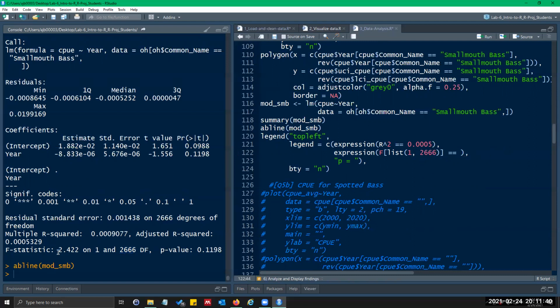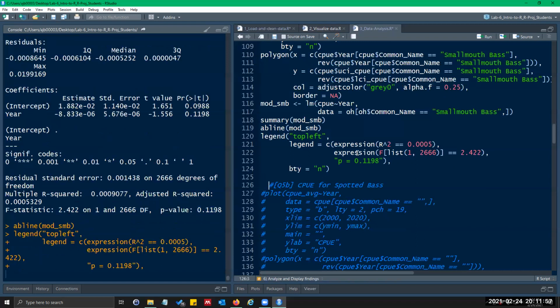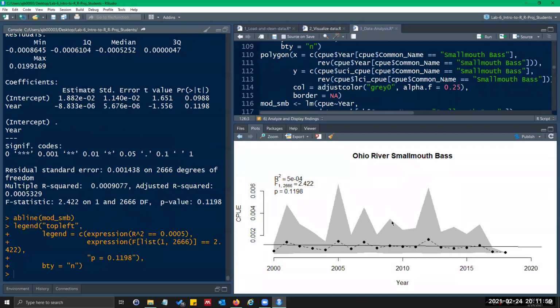And the F value is 2422. The P value is this, and you could round. So if I do that, and then boom, you're done with that.